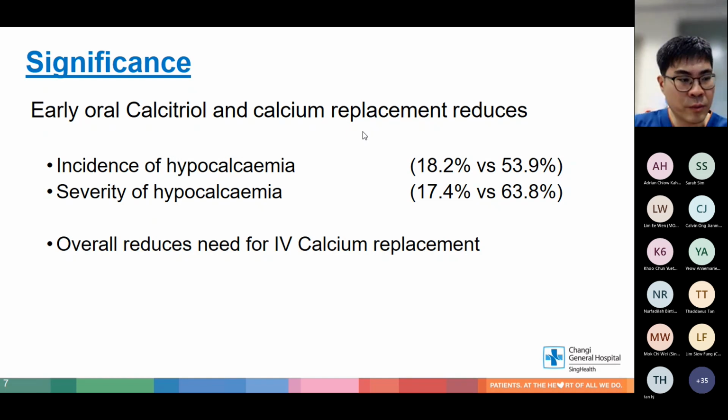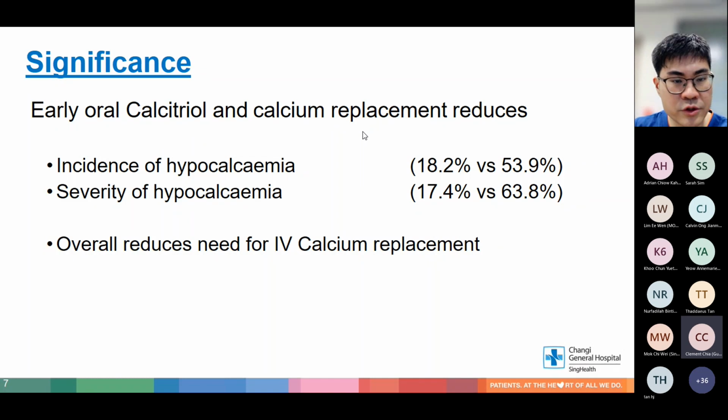Okay, and I think one of the most important factors for all head and neck or thyroid surgeons is we do want to try to avoid IV calcium replacement, for numerous reasons. One is that IV calcium can induce thrombophlebitis. And thankfully, not my patient, but we do hear cases of IV calcium extravasation, and IV calcium is very toxic to tissue. We do hear of cases where, just because of extravasation, the entire dorsum of the hand turns black and necrosis sets in. So if we can avoid IV calcium, that is the most ideal, and that is the objective